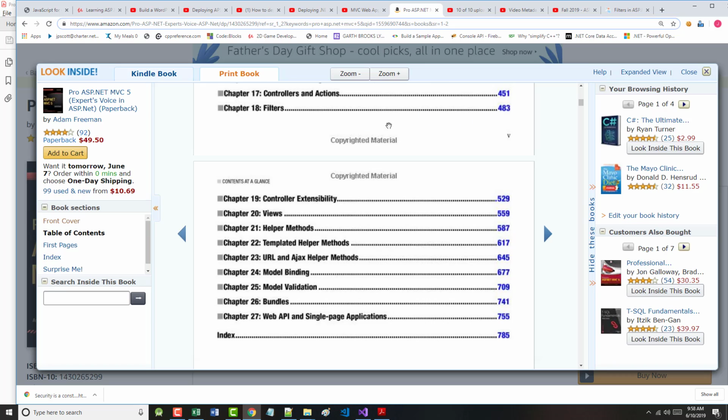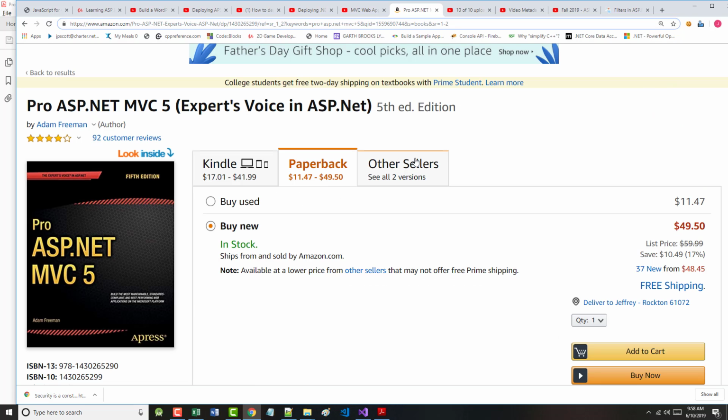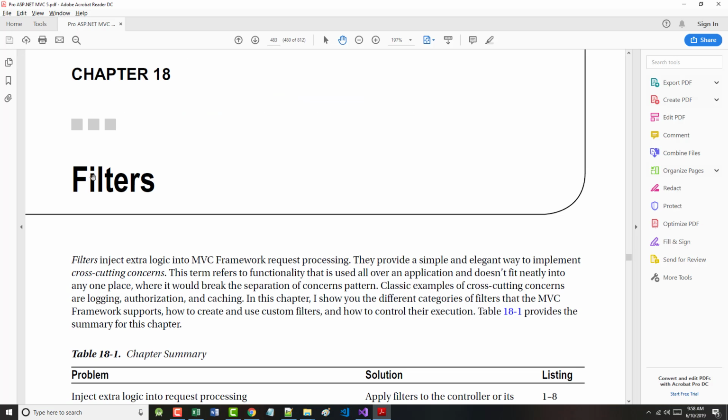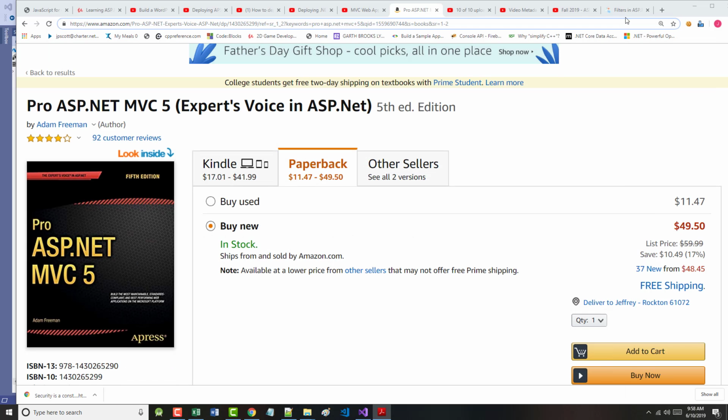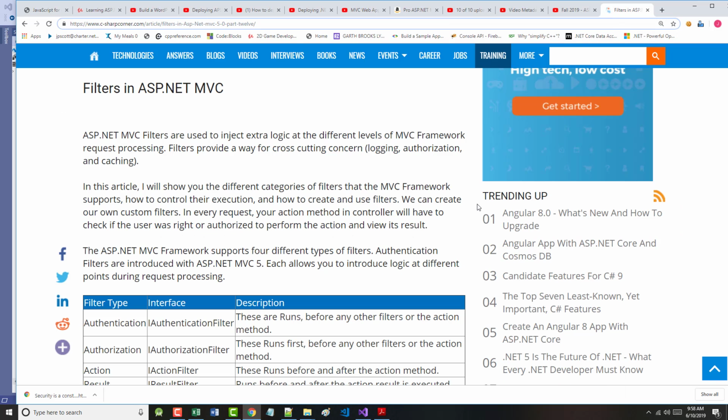One of the largest chapters in the book, a very complex chapter, and I've decided to approach this one just a little bit differently. What I mean by that is the chapter, as you can see here, is entitled Filters. Before we go into it, I found this article I thought was pretty good from